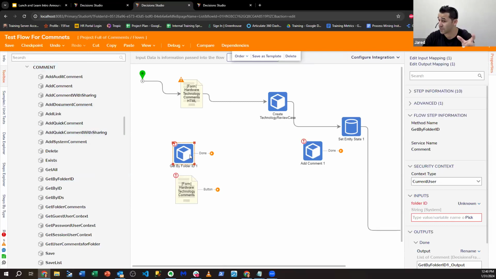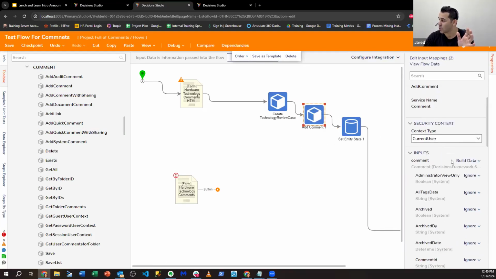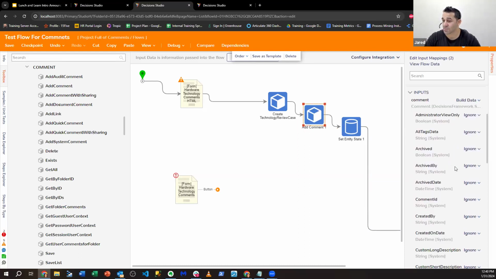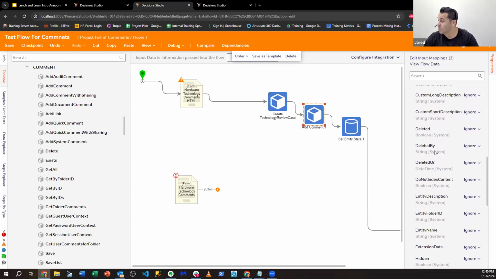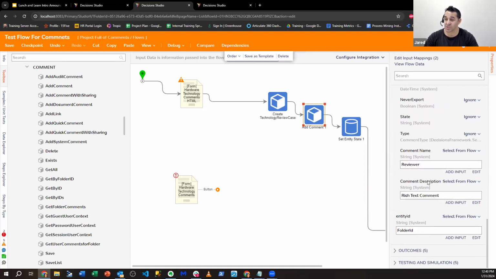But there's a couple of other things that we need to be aware of. So now that we know where the steps are located, how do we actually interact with them in the flow? What I like to tell students is that whenever you're dealing with the add comment step, you always build data, because a comment in Decisions is an actual thing that lives inside of the Decisions portal/studio. But since it's part of the entity framework, there's a lot of metadata things that you don't need to mess with. The only thing you'll need to update is these three fields: comment name right here, and then comment description, and then the entity ID of what the comment is attached